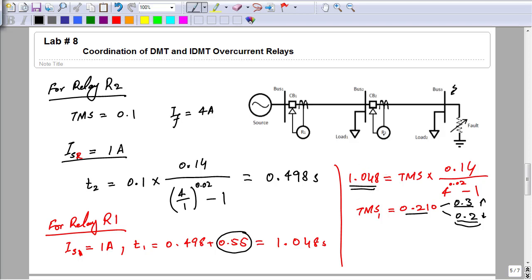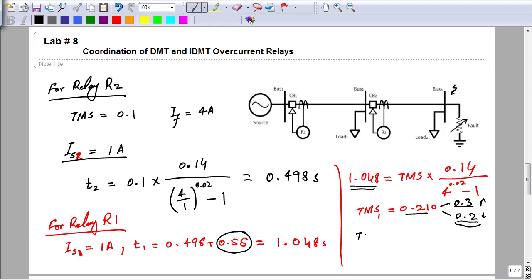But if students have already selected the pickup of R1 greater than the pickup of R2, then they can also go for the rounding up towards 0.3. Pickup is going to reduce, and if the resulted adjusted value of pickup is still greater than R2, that is acceptable, no problem. But the end result is the pickup of R1 should be greater than or equal to pickup of R2, not less than that.